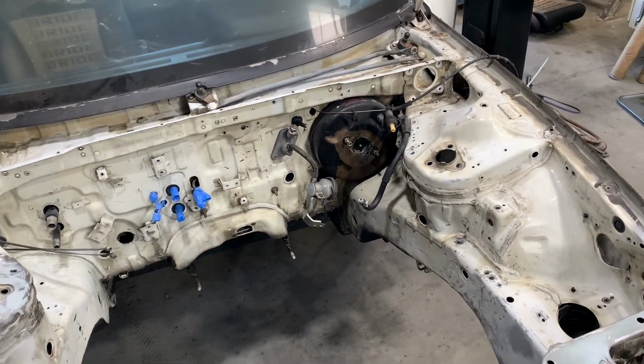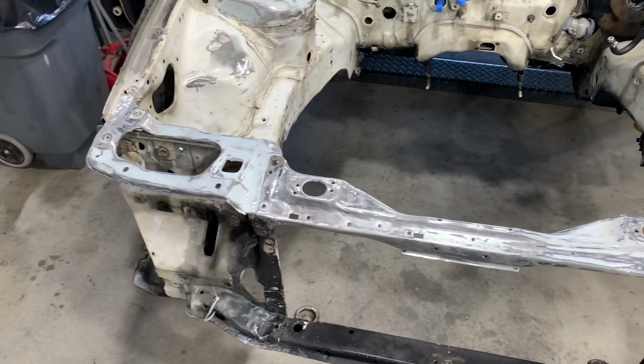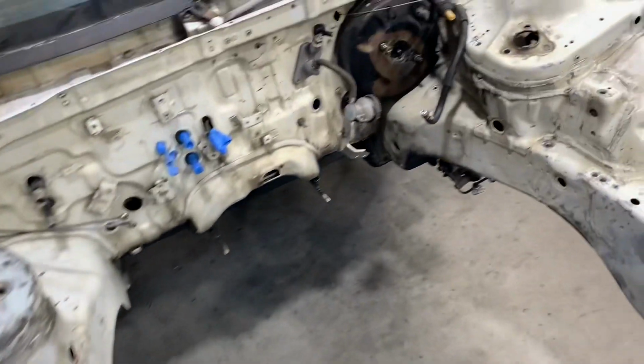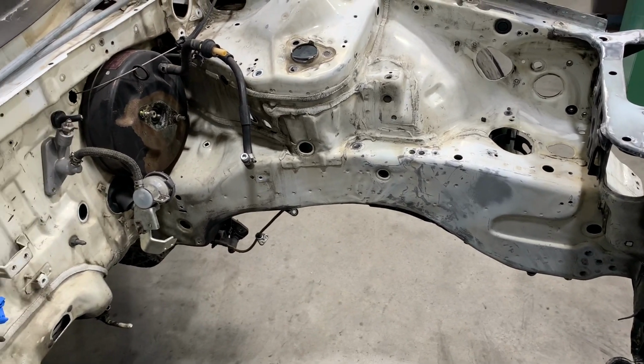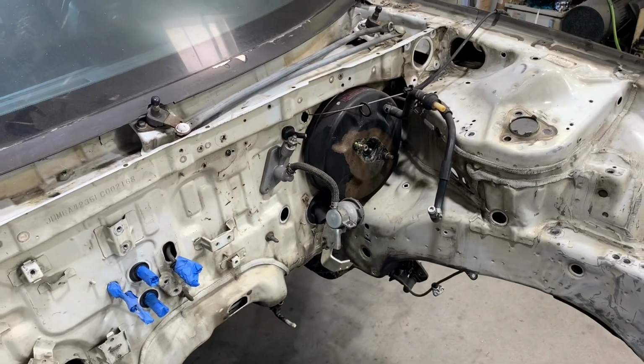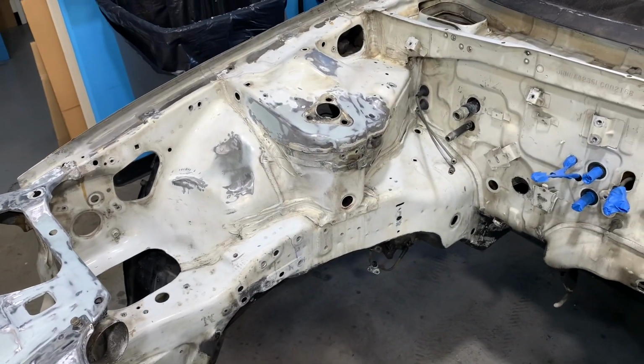Next, I'm going to go around the engine bay and look for any potential problems that we might run into when prepping and painting. Now, the front of this car had a pretty major power steering leak before that sprayed power steering fluid and gunk and a bunch of gross stuff underneath the driver's side headlight. So I'm definitely going to have to go in there and clean all of that out before we can prime